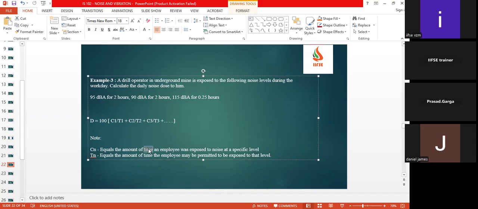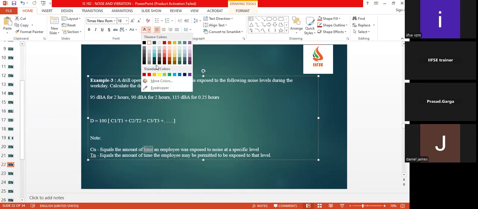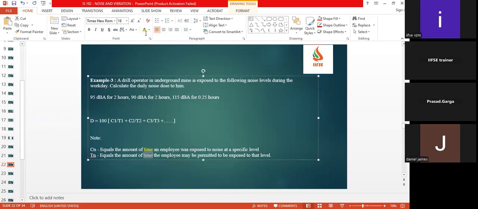So here the key is this. As our lecturers told us in our childhood days, there is definitely a key in the question. You have to catch that point. The CN talks about the equal amount of time